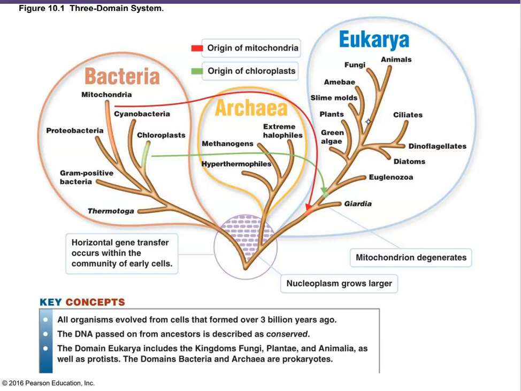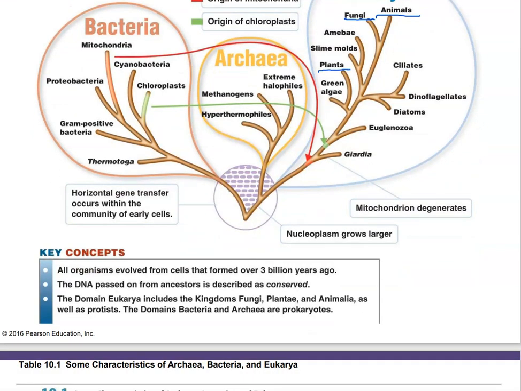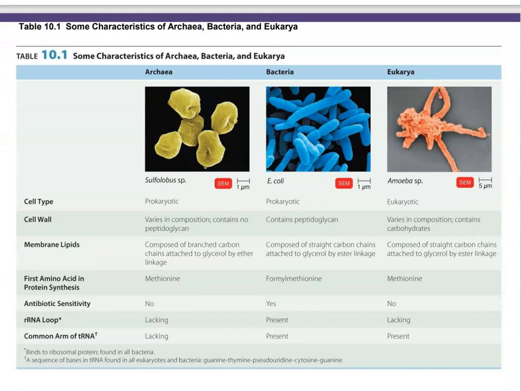But anyway, so in the eukaryotes here, all the eukaryotes are in their own domain now, where they used to be 4 different separate kingdoms. We used to have the animals, fungi, the plantae, the plants, and the protista, sort of the single-celled ones, they're kind of more over here, sort of in this area. Anyway, so there used to be 4 kingdoms, now 1 domain for all the eukaryotes, and then the archaea, their own domain, and the bacteria. So this is sort of the current system based on ribosomal RNA sequencing introduced by Carl Woese.